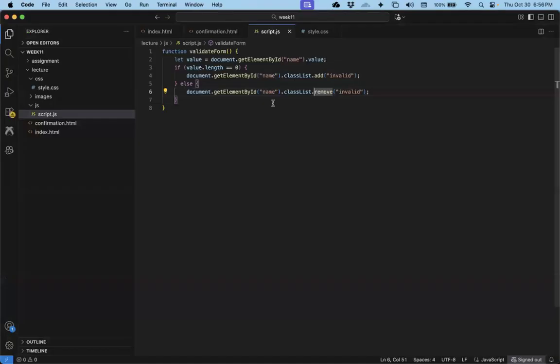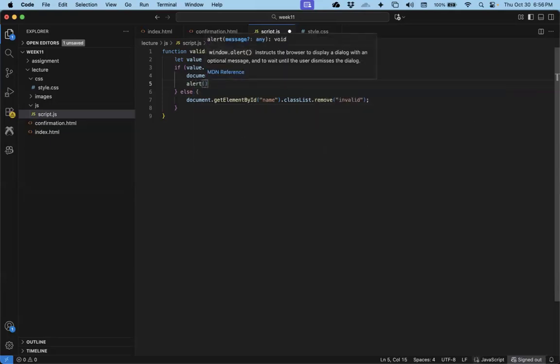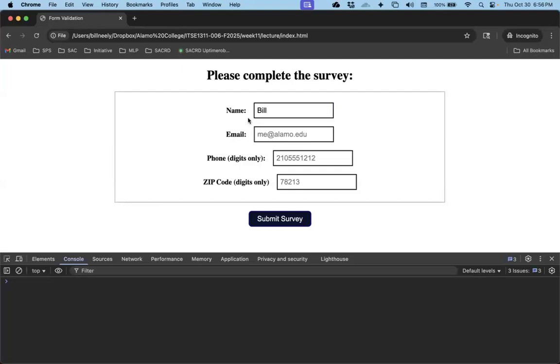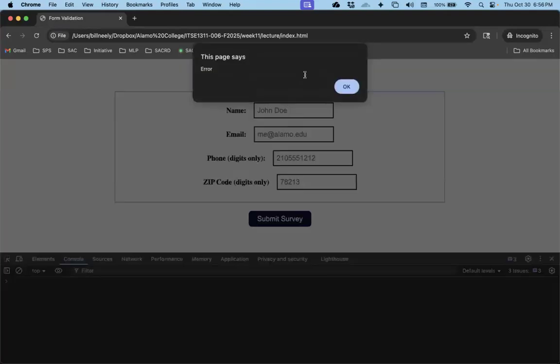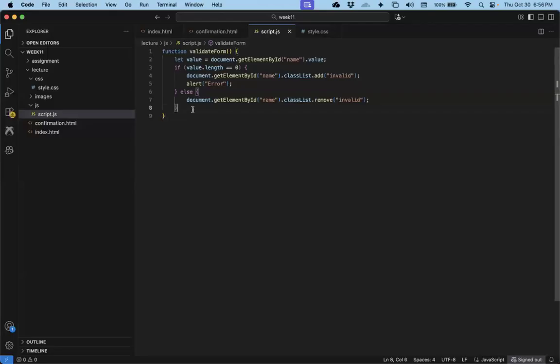Okay, all right, so that's what we need. So now here we know that this is an error. Okay, so if we go back and run that again, here there's an error, fill that in, and everything's fine. Okay. So now we want to do this for the other fields, but we don't really want to type this